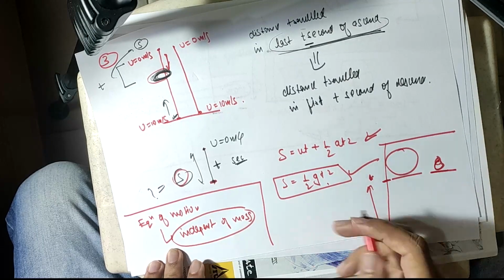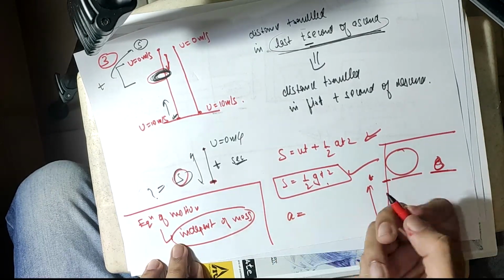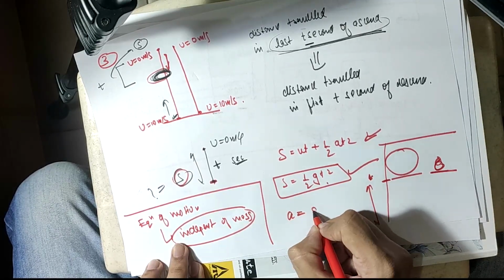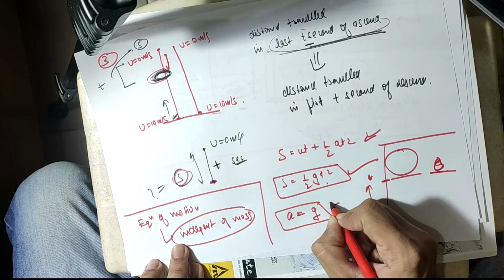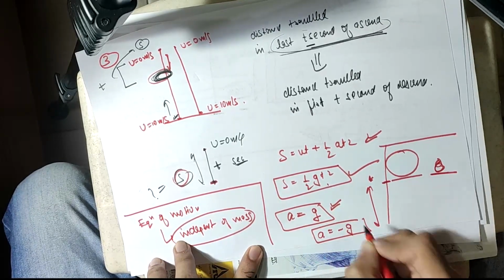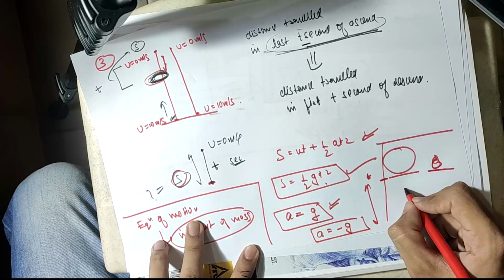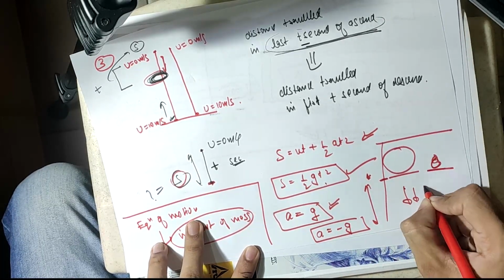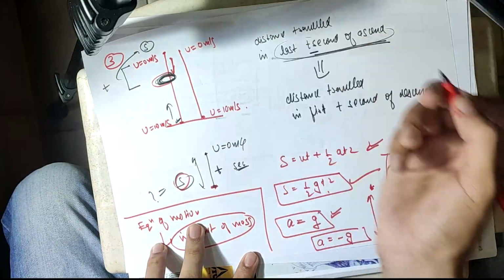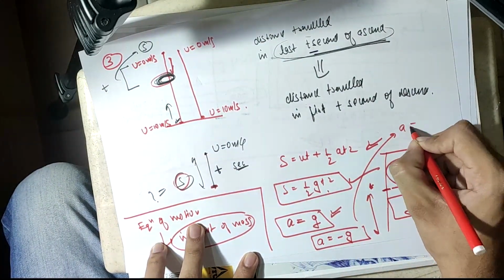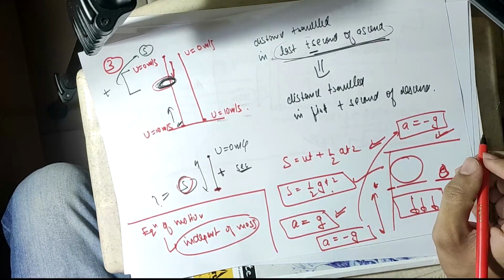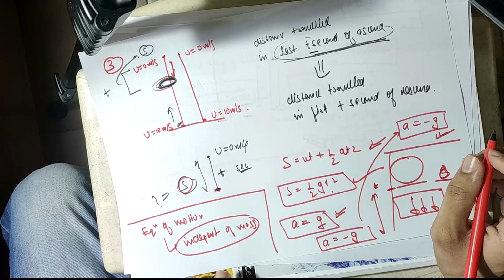And yes, one more thing, acceleration in vertical motion, you will not be given acceleration, because you know that acceleration is g, but when you are using equation of motion, acceleration is minus g. Why minus g? Because the acceleration due to gravity is always downward. So in equation of motion, while using vertical motion, always use acceleration as minus g. I hope the points are clear. I hope the concepts are revised.